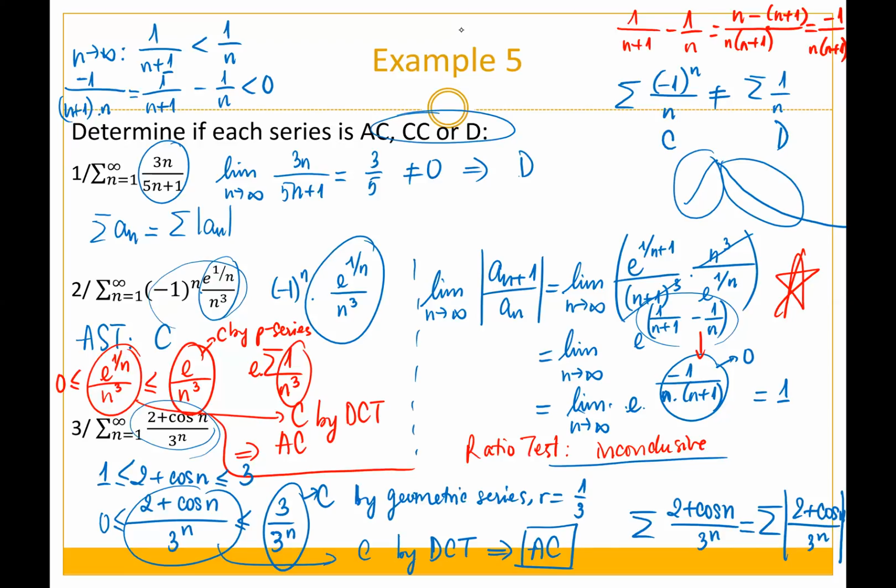Oh, excuse me. In this case, let's see, half, and then 3/2 divided by 3 to the n, and then 3 to the n. In that case, I say you have to,